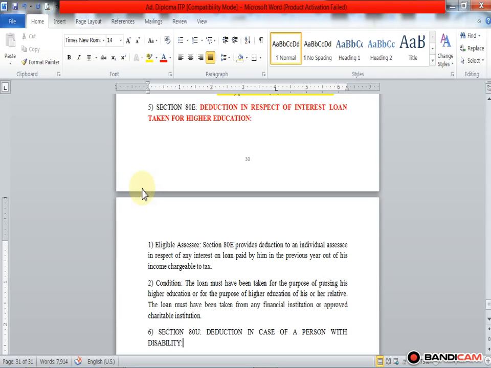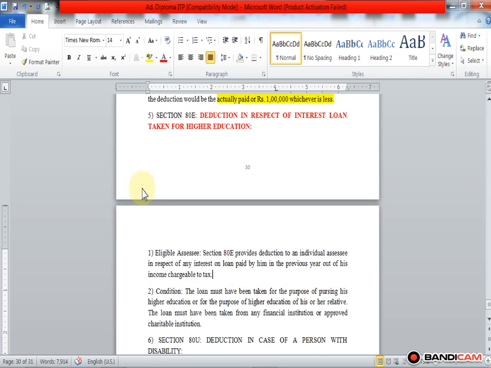The deduction on interest payable on a loan from any financial institution for the purpose of acquisition of a residential house property, maximum deduction is rupees 50,000. So the allowable deduction is 50,000 in respect of section 80EE, but we are studying section 80E, which is related to a higher education purpose. So for 80E, loan taken for higher education, the maximum allowable deduction is up to 8 years,